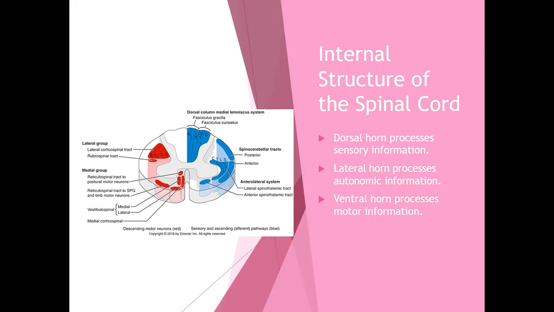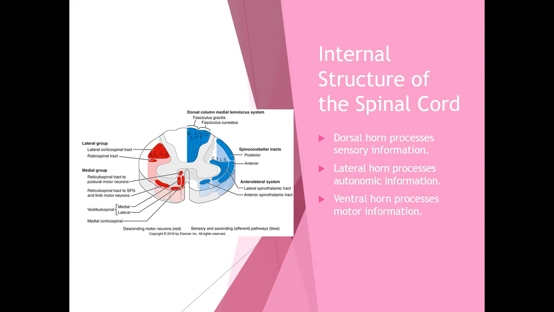You really have both on both sides, but they separated it out for clarity. Hopefully that makes sense. And made the sensory ones blue and the motor ones red. They're all really the same color, which is white because of the myelin in the axons. So the central part of the cord is